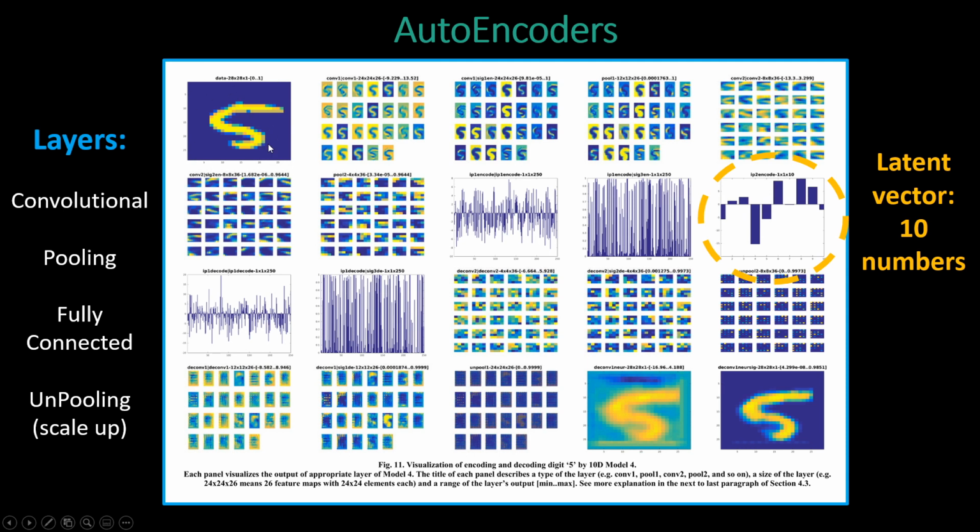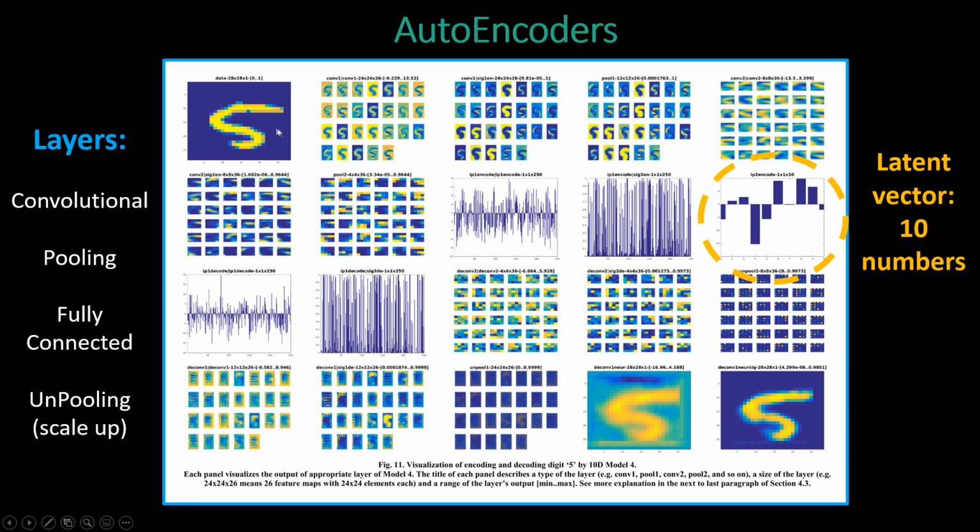Well, there was a lot of detail here. I think it's not really that important to know all of these layers, right? But it's important to understand the concept that we are going from a real image back to that same real image. And through that job, we are going through a bunch of layers, and one of those layers is a single vector layer which has 10 numbers in this case, and that layer is the one which is called the latent vector,